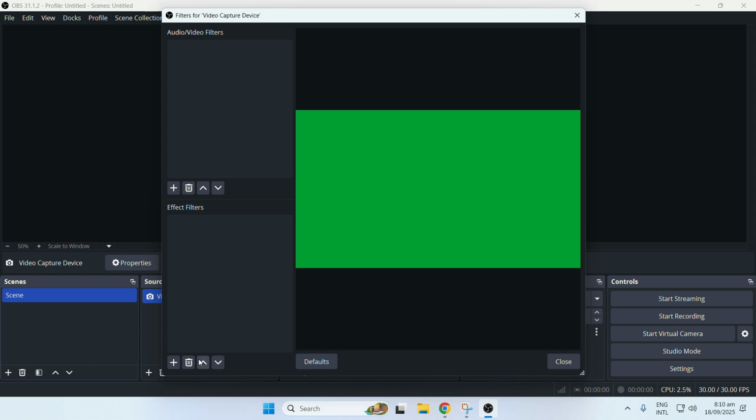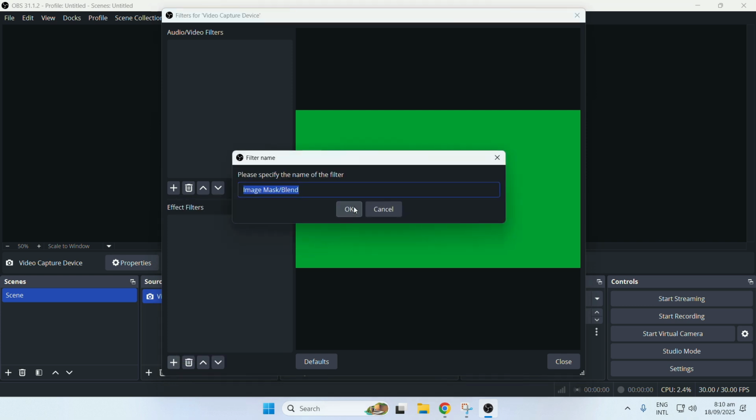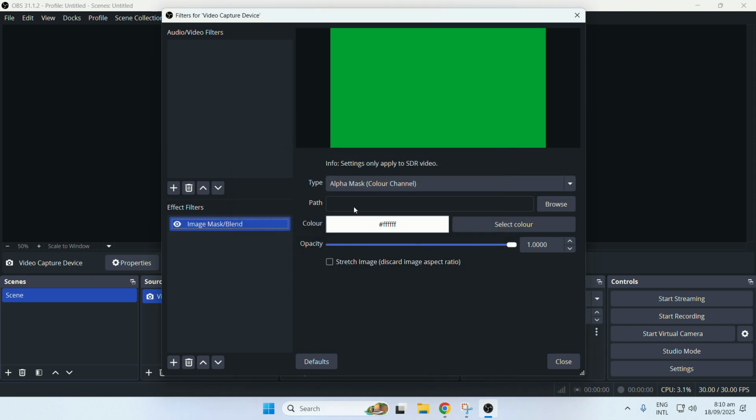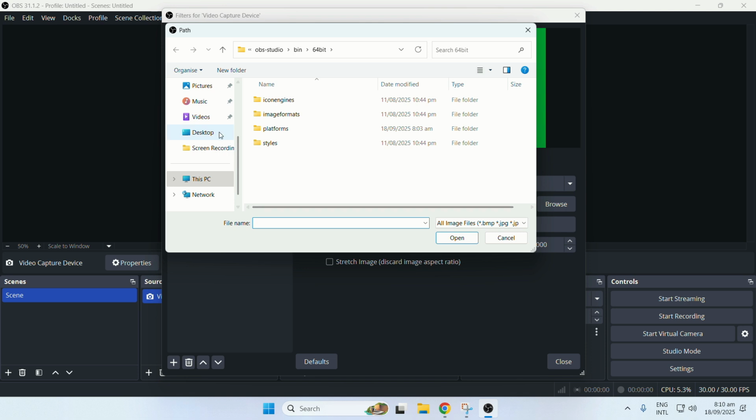In the effects filter, click on plus icon and select image mask or blend. Click OK. Here you will need to select an image that will act as a mask for your webcam. I will select the downloaded image here